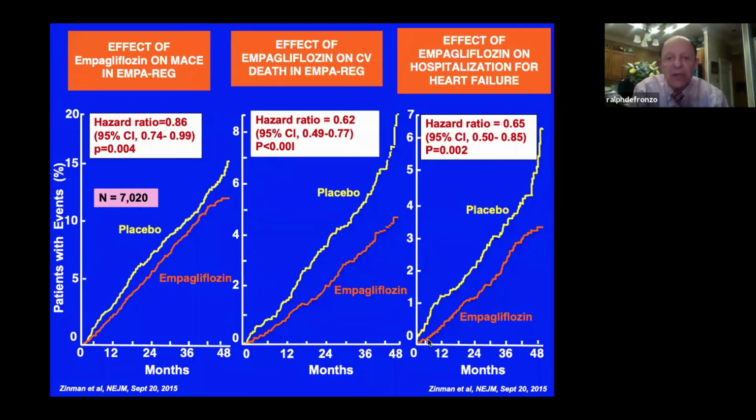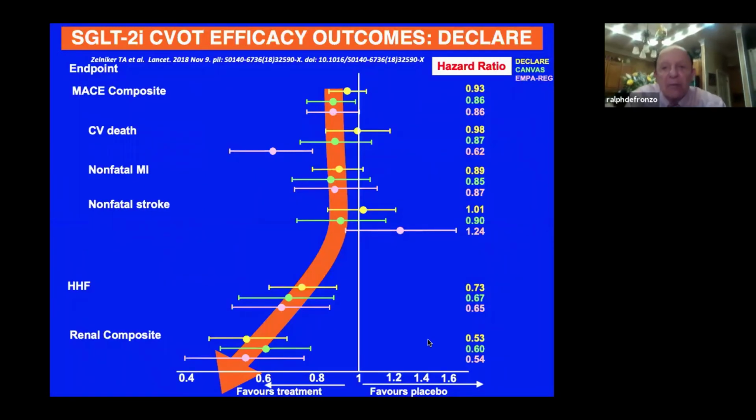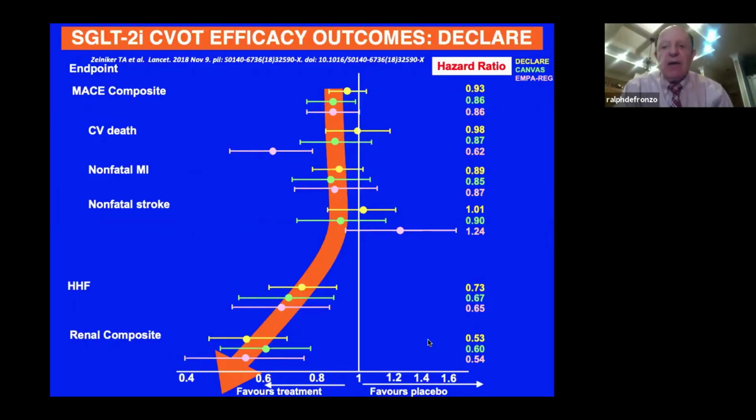Now, I'm not going to take you through every individual cardiovascular outcome trial that has been carried out with the SGLT2 inhibitors. Instead, what I've done on this slide is summarize these results on one slide. The EMPA-REG outcome study is shown in purple. The DECLARE study with dapagliflozin is shown in yellow, and the CANVAS study with canagliflozin is shown in green. You can see all three decreased the MACE